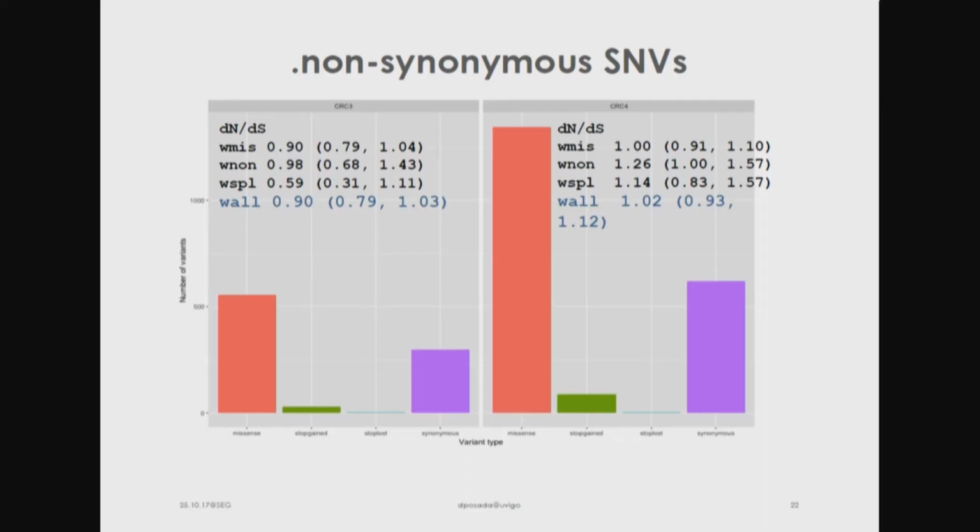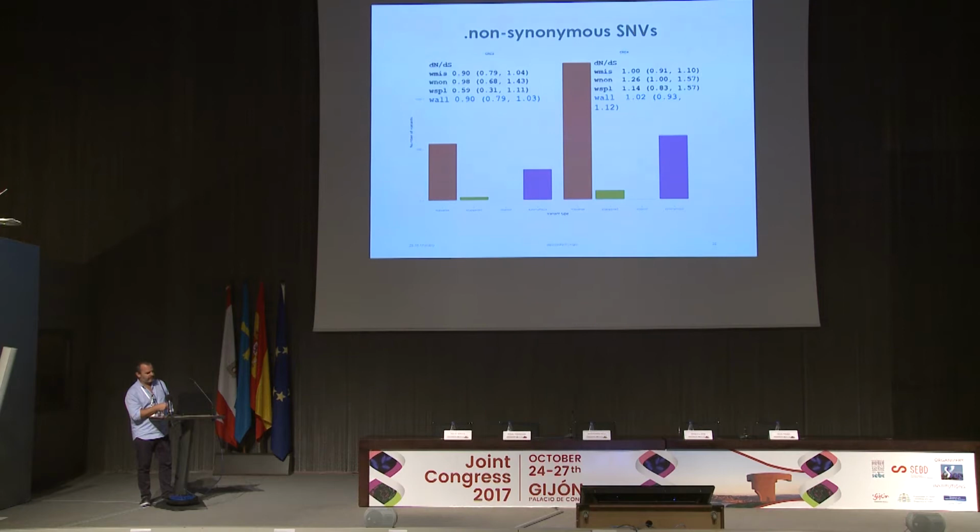But it's very high. So there is a school of thought in cancer that says this is the common thing. You get a lot of positive selection and no negative selection at all. There's discussion about this. There's a paper last week in Cell proposing that in cancer there is no negative selection, that tumor cells can survive with all kinds of mistakes. Basically, that's the concept. But in the other patient, we don't see exactly the same.